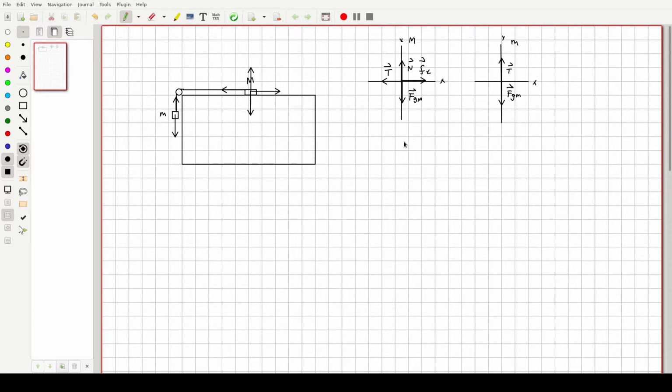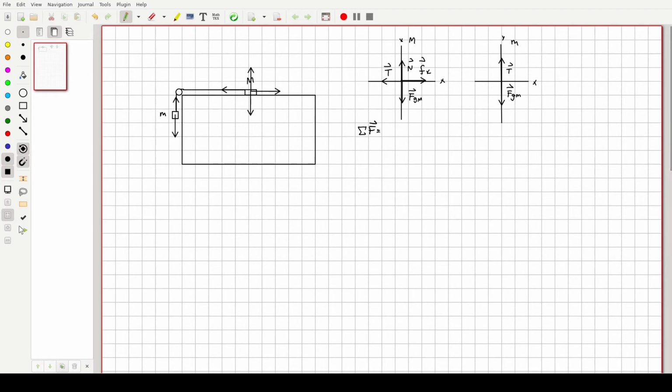Now, that said, this is a composite object, and what that means is that as our block here slides to the left and experiences acceleration, our little block hanging off the end, or the mass hanging off the end, is experiencing the same magnitude of acceleration except downwards. Okay, so if I were to sum up the forces,